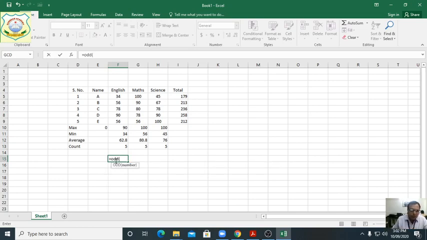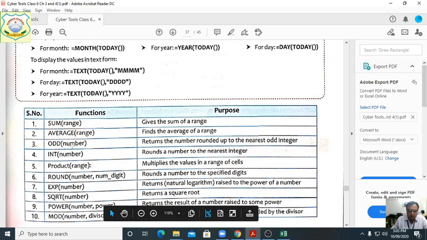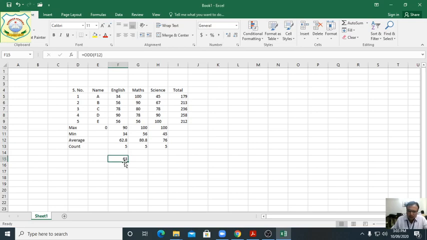Now write the cell address, the one we have taken, 62.8. Now close the bracket. What answer have we got? This is the odd number. Students, it is written, returns the number rounded up to the nearest odd integer. So what we have got here is 63 rounded.